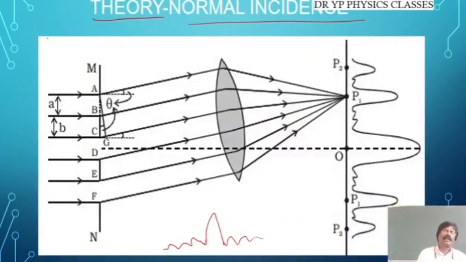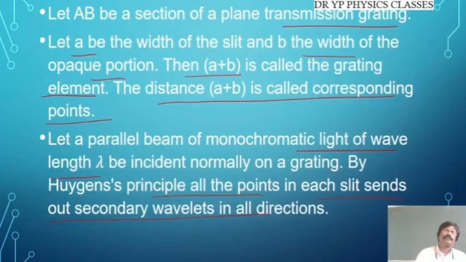If you want, I can go back to the diagram, this one. So this is the path difference between the two points. This is point A and this is point C. You can say this is S1 and S2. Then the path difference between the rays which are reaching this point is going to be this one. CG is equal to the path difference.